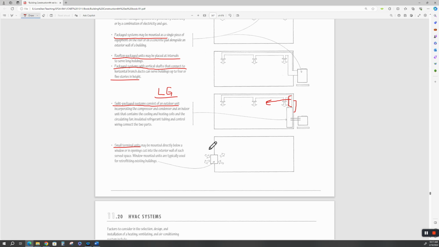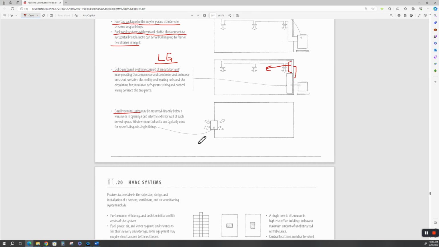Some hotels use these small thermal units, which is a unit that goes through the wall itself, and sometimes they work, sometimes they don't. A window unit, air conditioning unit, whether it's just air conditioning or a heat pump, is a small thermal unit, and they're designed to fit in a window or an opening